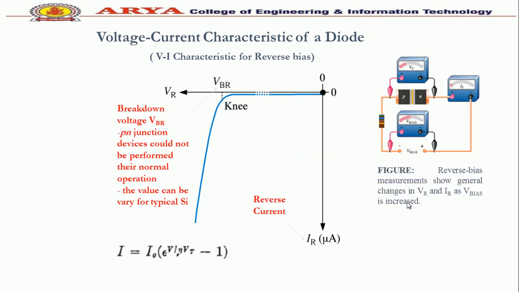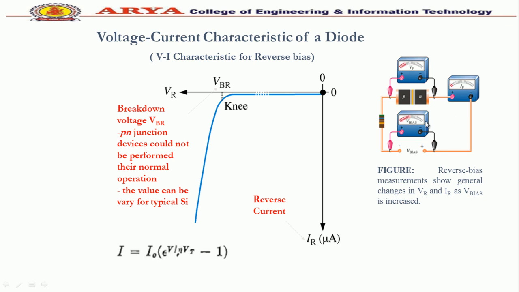Next is reverse bias of PN junction diode. So in reverse bias, P type is connected to the negative terminal of the battery, while N type is connected with the positive terminal of the battery. So the reverse potential of the PN junction can be varied with the help of a potential divider or a resistor. So in this case, junction resistance becomes very high and practically no current flows through the circuit.